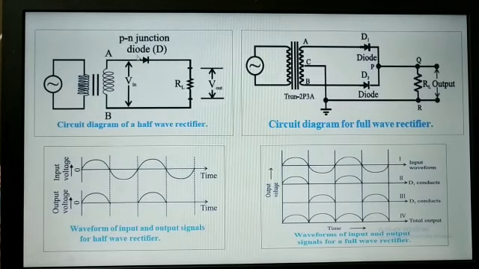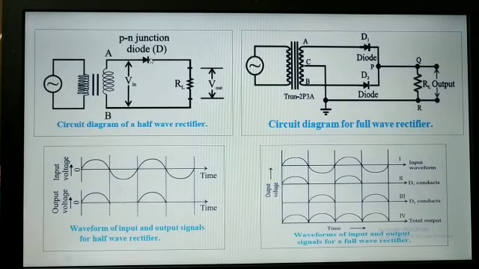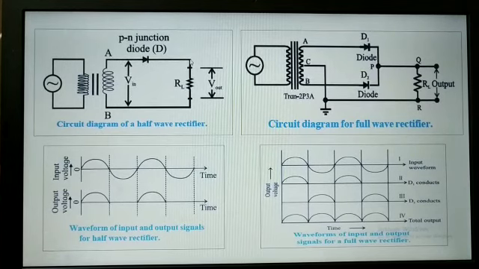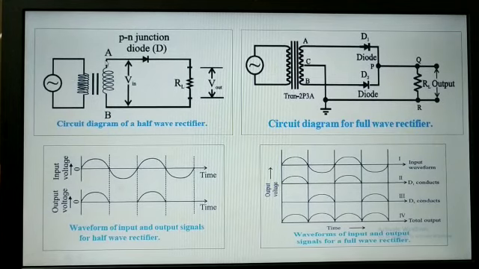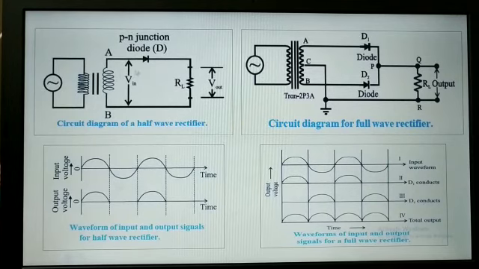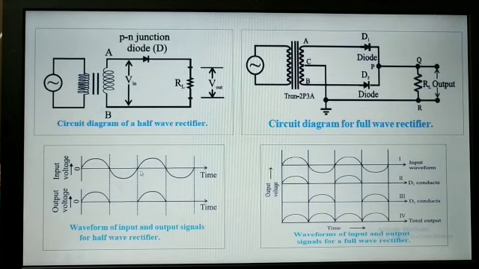Why? Because as we saw in the earlier diagram, the positive side of the battery is connected to the positive and negative is connected to negative. The diode is in forward bias. In forward bias the diode will conduct and the current will pass through this diode and complete the circuit. And we will get something here at the load. We will take some output V out from this load resistance. So in the first half, when point A is positive and B is negative, the diode will be forward biased and it will conduct current and we will get some output. But as soon as the wave enters the negative half cycle, this changes the situation.